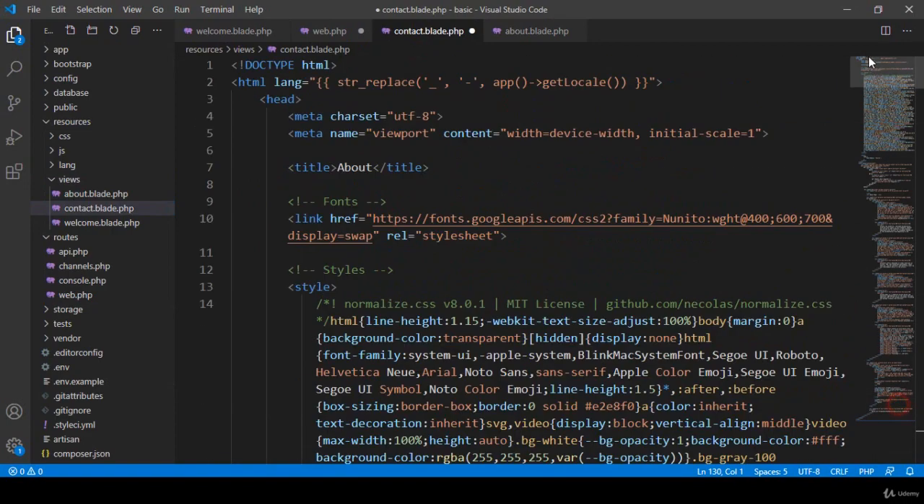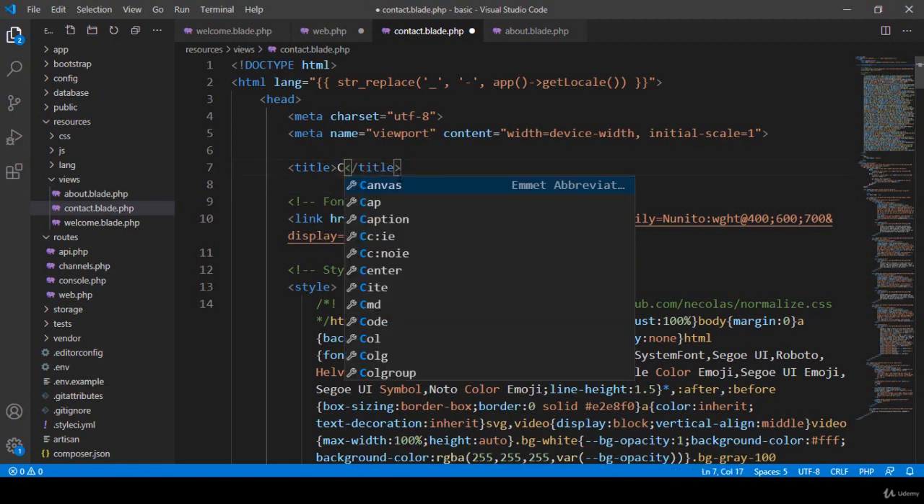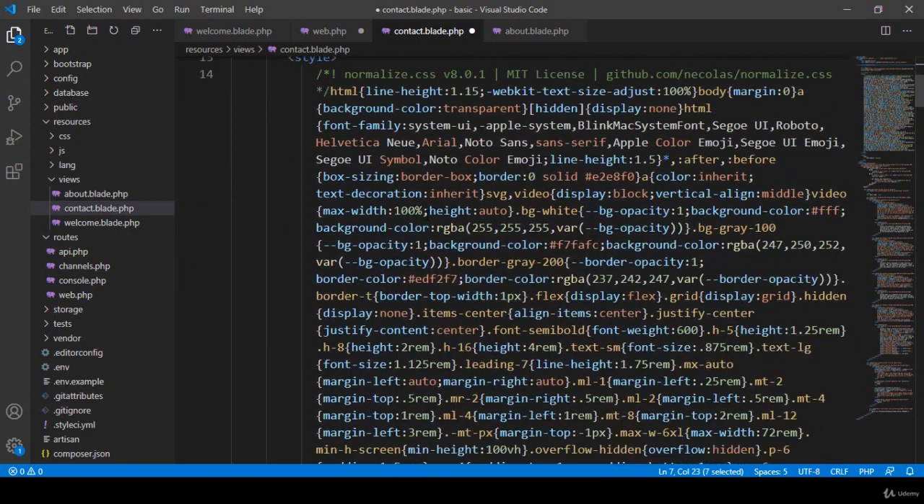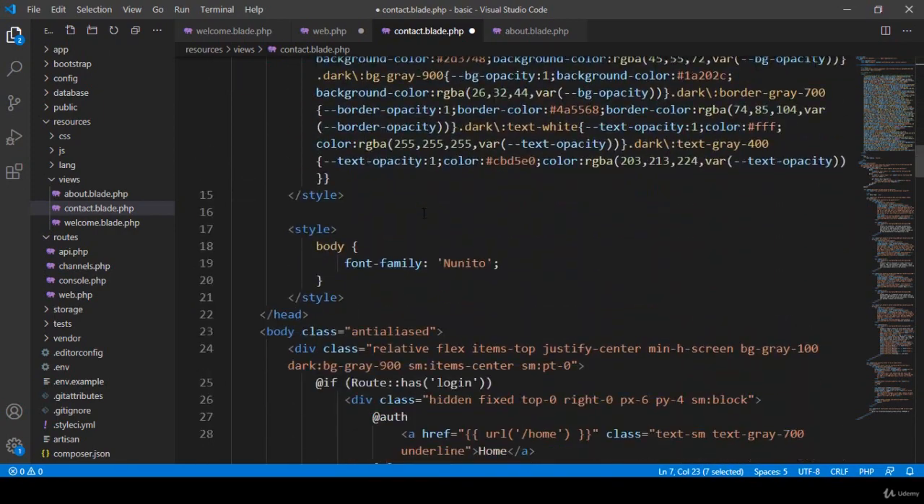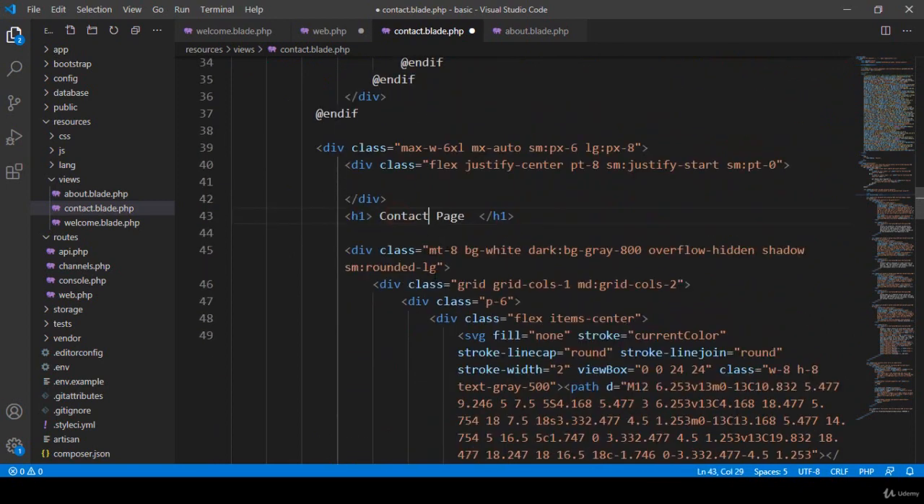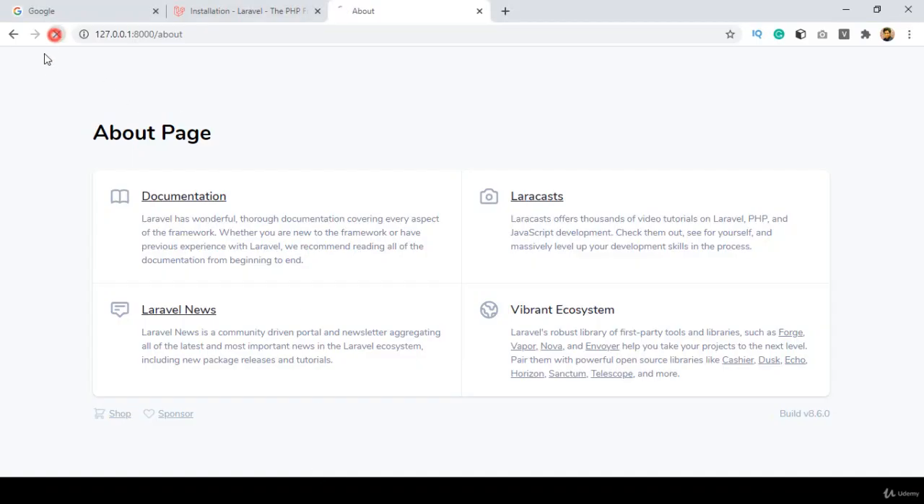I want to update only our title as contact. Okay, I name it contact, and also I want to update our h1 tag. That is actually our h1 tag, so here I want to update it to our contact page. Now if you click save all and refresh it,